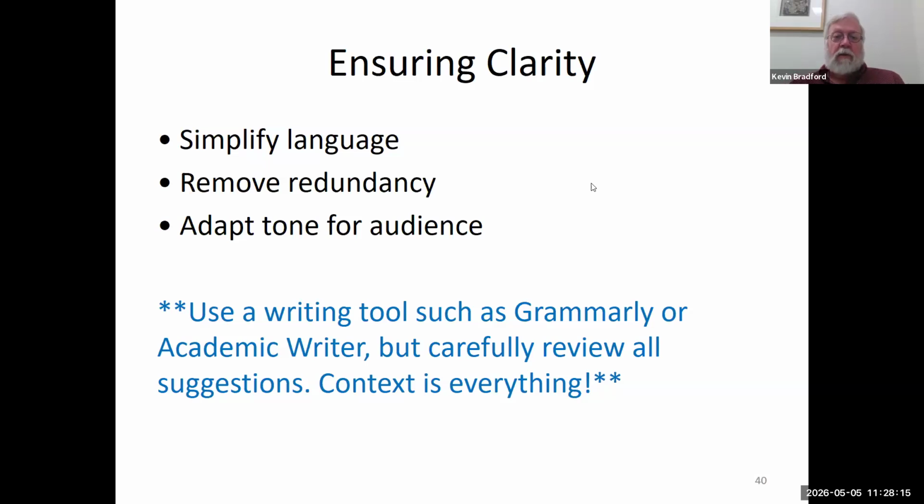Now, we also have other writing tools. Some of your institutions, or you may have a personal account for, like, Grammarly or Academic Writer, being APA writing in particular. I would suggest using all of those tools. Take what AI has given you and balance your text or your draft, upload it into Grammarly or Academic Writer and have a double check. So more is better, in terms of the tools that we have available. It's not just about AI. Again, context in terms of tone for audience. Context is everything.